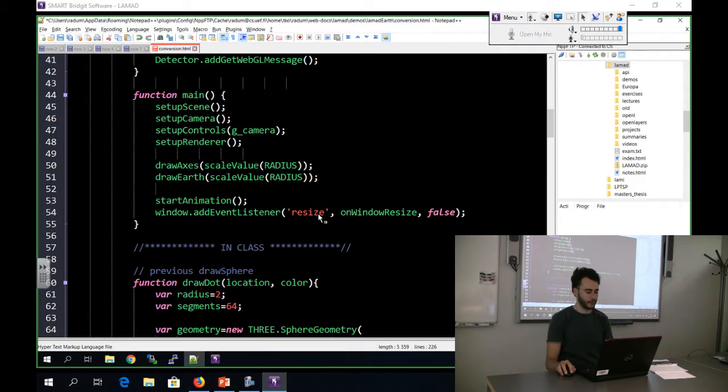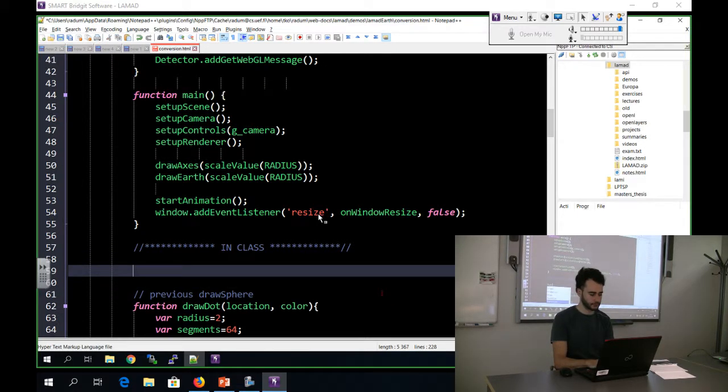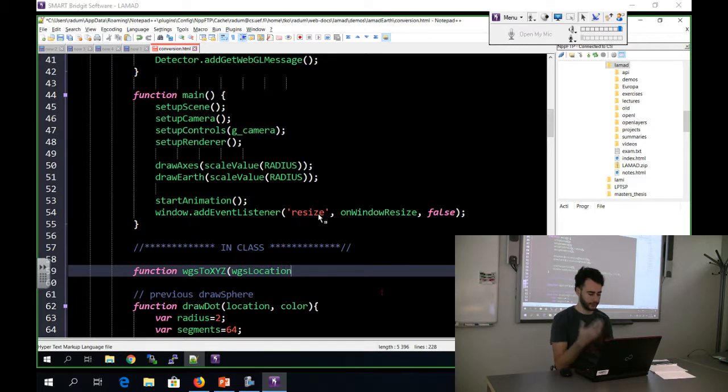And we need to make a function that does the conversion from WJS to XYZ. And we will have here WJS location, which can be Tuusniemi or anything, but we saw before that it's